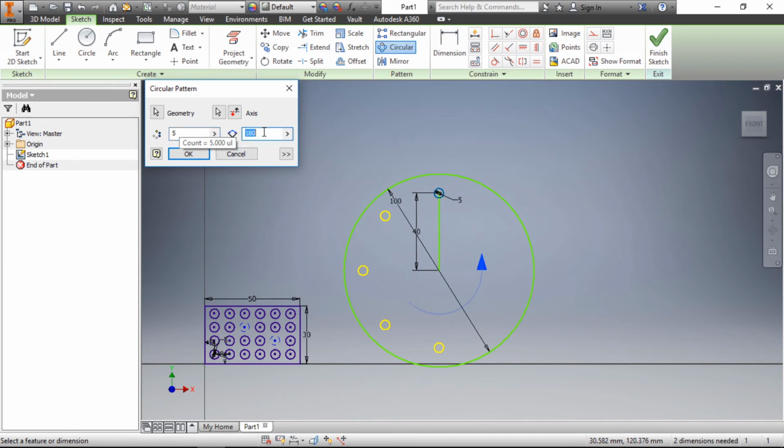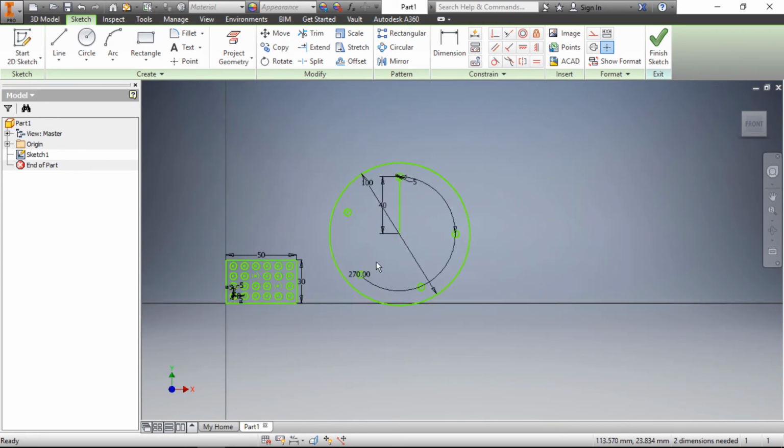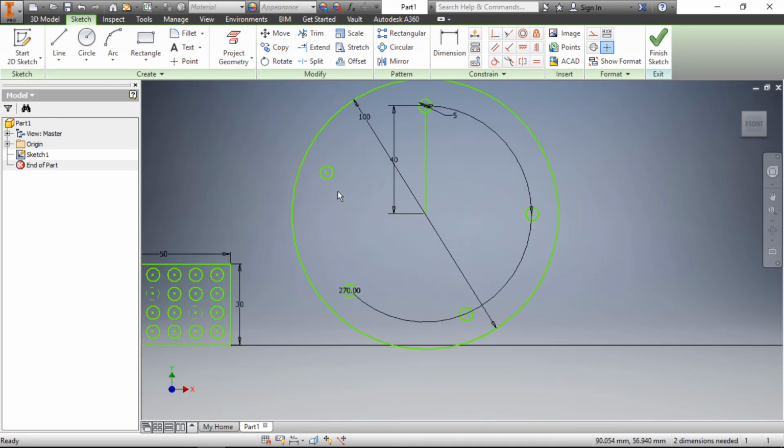You can change the angle of rotation from 180 to 270, so that 5 instances will be created along 270 degrees. Make OK. In this case also, if you do not want some instances in the entire pattern, select that instance, right click and suppress it.